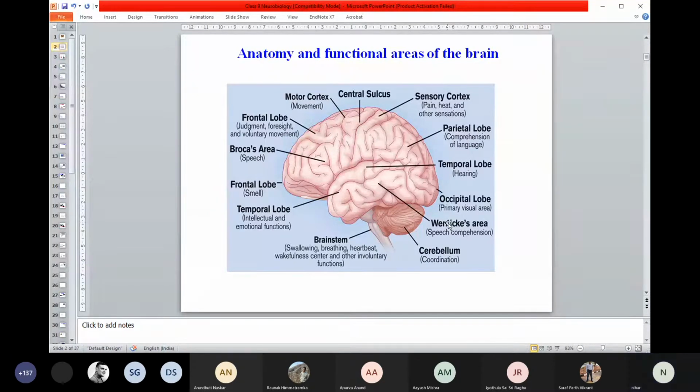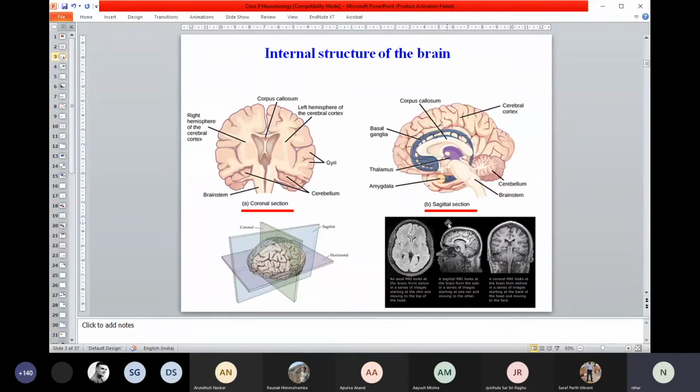Okay, but this is from the outside, you can just think of different parts of your brain and what areas are involved in what different kinds of function. But if you want to see the inner side, the internal structure of the brain, how can you do that? I'm just trying to show you some of the ways people try to understand the inner part of your brain. The three standard ways people do it: you have to cut the brain in different ways.